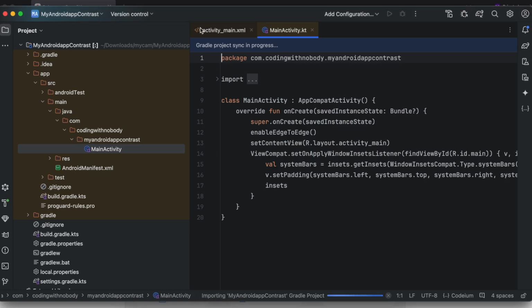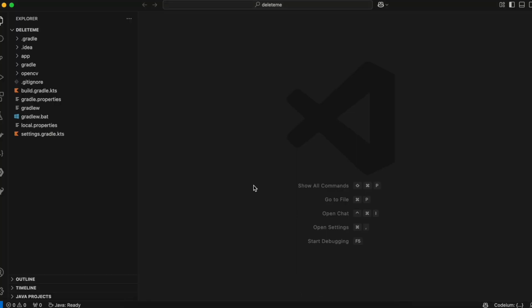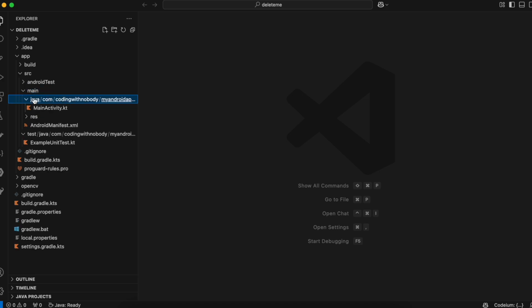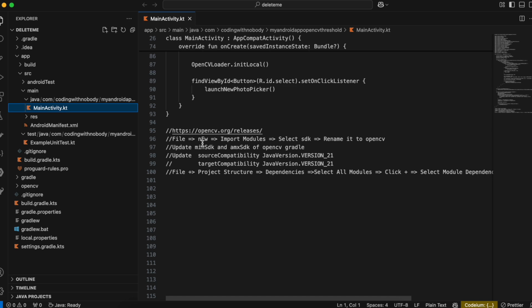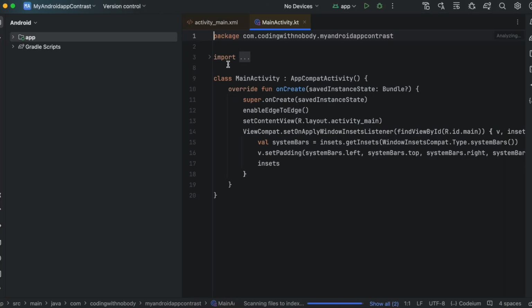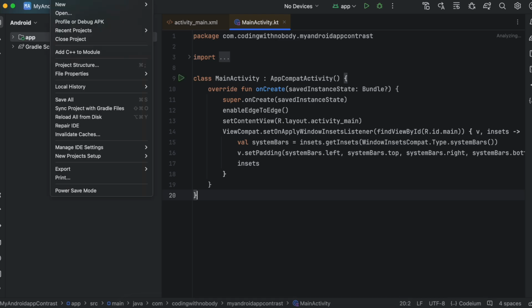Once that is done, just come back to our project. Now here inside VS Code I have just opened one sample project. Because I have already practiced this before recording this video, I will be copying some code from this, so don't get confused. Firstly I have written some steps which we can copy. So we just have to go to file, new, import module once our Android project is ready. So let's just wait. Okay, my Android project is ready, so I can just go to file, new,